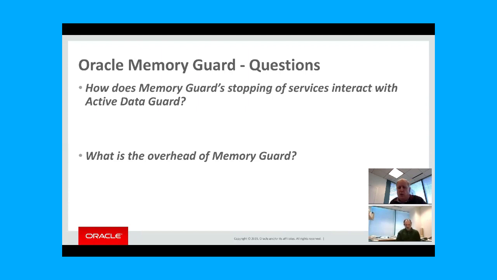So you talked about getting data from CHM and being hosted in the QoSM server process. So what is the overhead of Memory Guard in a cluster? Is it on every node? Well, portions of it. Yeah, I suppose portions of it are on every node,